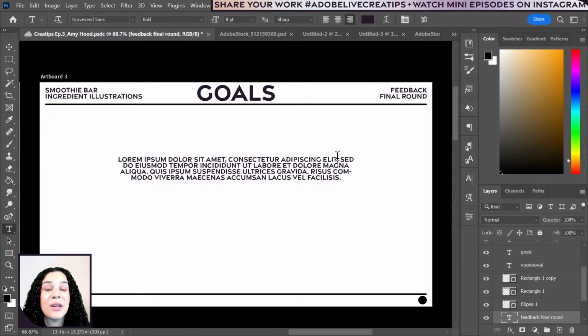But if you do like to offer iterations or offer corrections, feedback, revisions, things like that during your project, it's very important to be super clear with your client exactly how often they will do that, exactly what they can ask you to change during that process. And as you send them that feedback, have something that clearly states exactly what revision round they're on. You could even say feedback